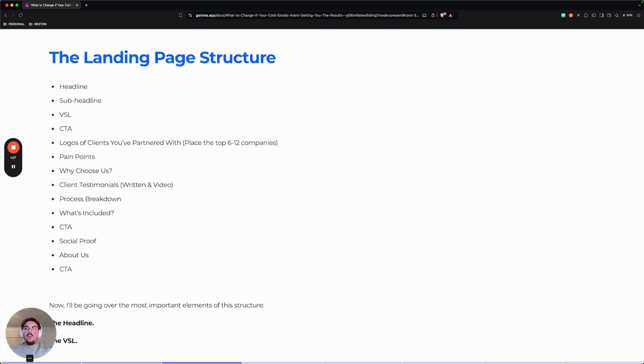So just to give you all of the info right up front, this is the landing page structure that you need to have on your website. Your website needs to have a headline, which is your offer, a subheadline, which is ideally a pain point that you're calling out, your VSL, a call to action to book a call, logos of clients you've partnered with, where you'd want to put the top 6 to 12 companies and just have their logos, pain points that your ideal client experiences while looking for your solution, some highlights of why choosing you, and then